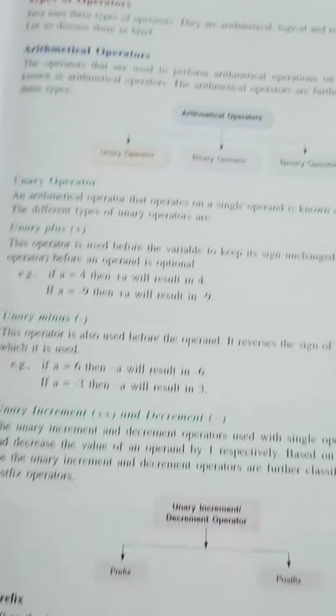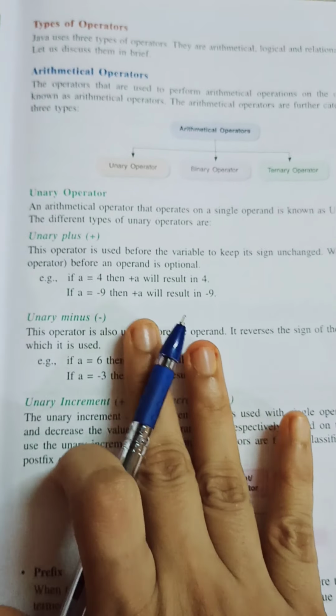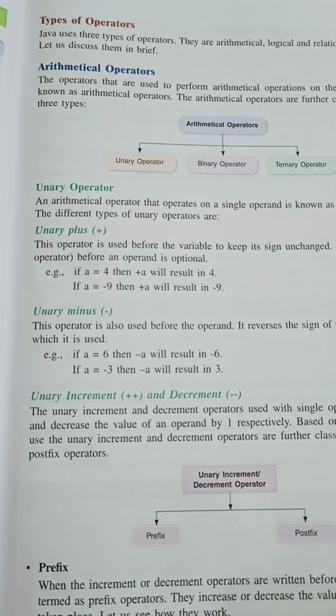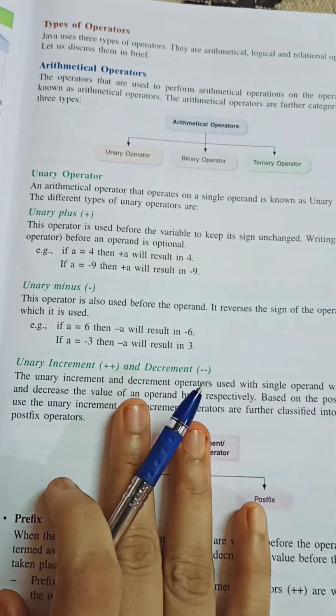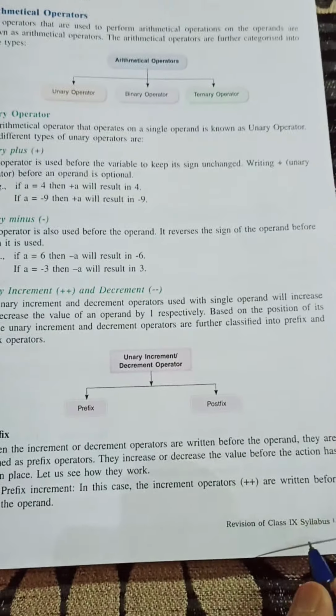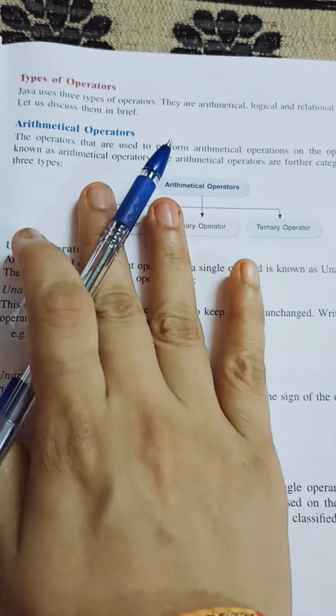Okay. Now moving forward, now we are going to have a look on the types of the operator. There are so many kinds of types of operator. Now I am going to present the PPT to tell you how many types of operators are there in the Java program. So let's begin. In the book, the types of operators, unary operator is also given. You can refer your book also. I am referring page number 29. So types of operators are given into your book also.